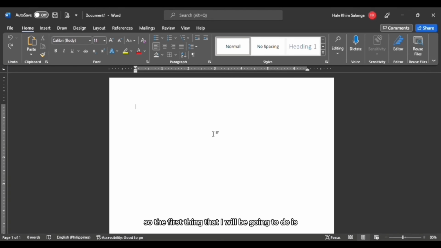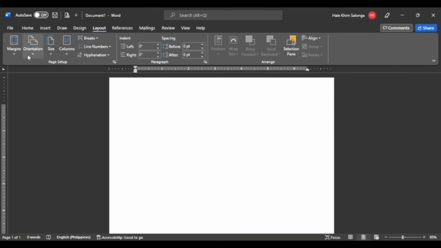The first thing that I am going to do is tap the font style and then select Times New Roman, and then tap the font size and select 12. Go to styles and select no spacing, and go to layout and then tap margins and go to custom margin and type 2 inches in the top margin and select OK. For the ruler, tap the 3.5 for the left tab.